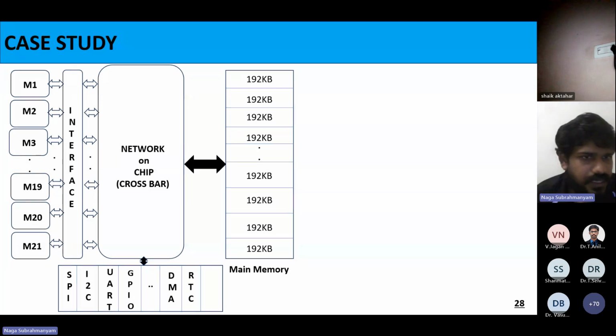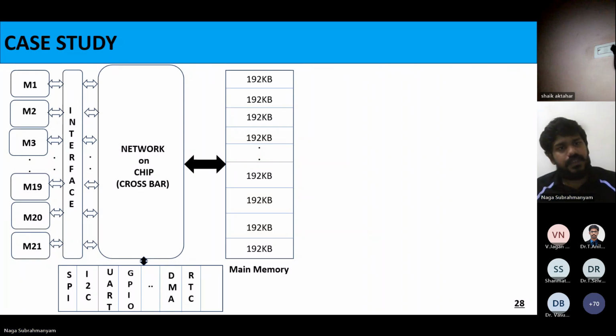Okay. Now coming to our verification environment. This memory we will take from the design. All these masters are VIPs. I'll put my VIP 21 times. Each VIP will send the data. In real time, 21 IPs will be there and will give the data. The same data our VIPs will give now. How the data goes to the memory, and how it comes back from the memory, all these things will be verified here.